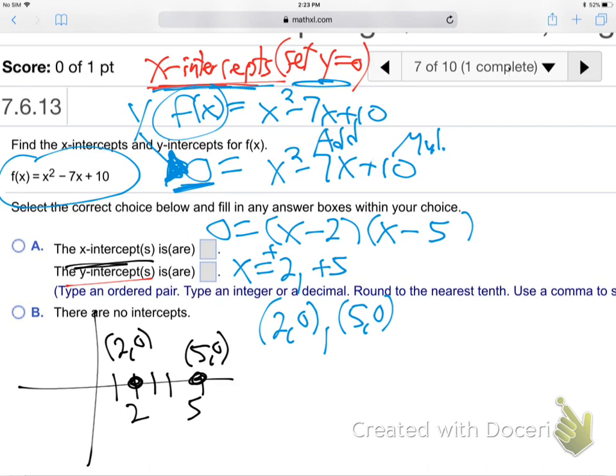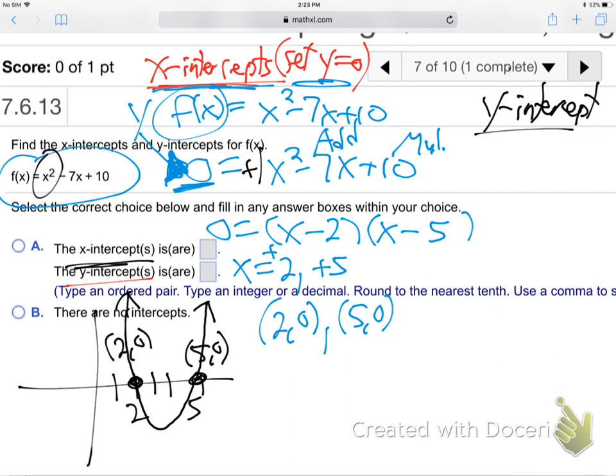Do you see how this U-shape goes? Is this U-shape going up or down? Look right in the front. It's +1 in the front. Up it goes, right? So that means it's a U-shape that goes something like this. Is that good? So it's a U-shape going up. It goes through those two dots, those two places on the x-axis. One more thing they want us to find